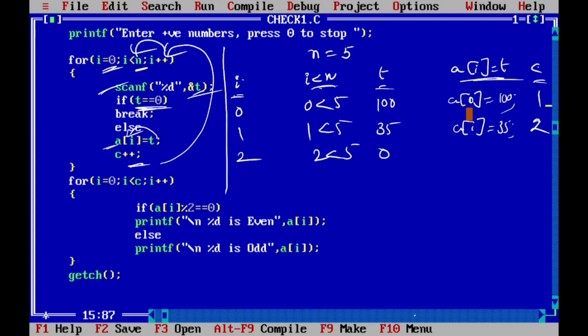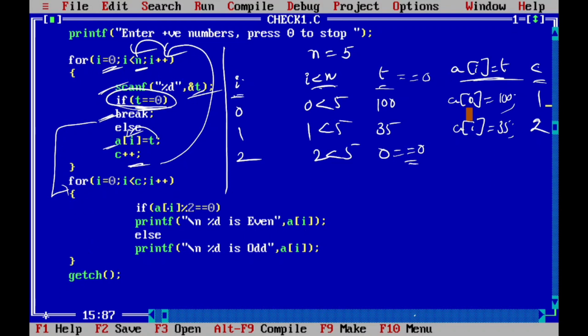Now the entered value is 0. Okay, 0. Here see, t value 0 equal to 0. Condition satisfied. If this condition is satisfied, the break statement is executed. Now control comes out of this for loop and goes to the second for loop.